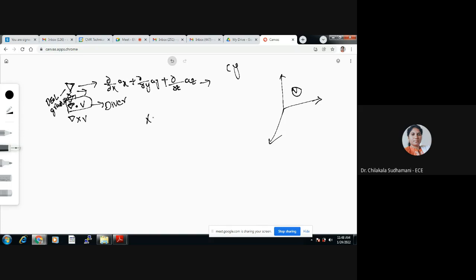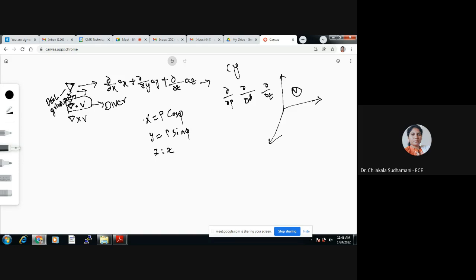What is x? x is equal to rho cos phi, y is equal to rho sin phi, and z is equal to z. So if you want to convert this in terms of dou by dou rho, dou by dou phi and dou by dou z,